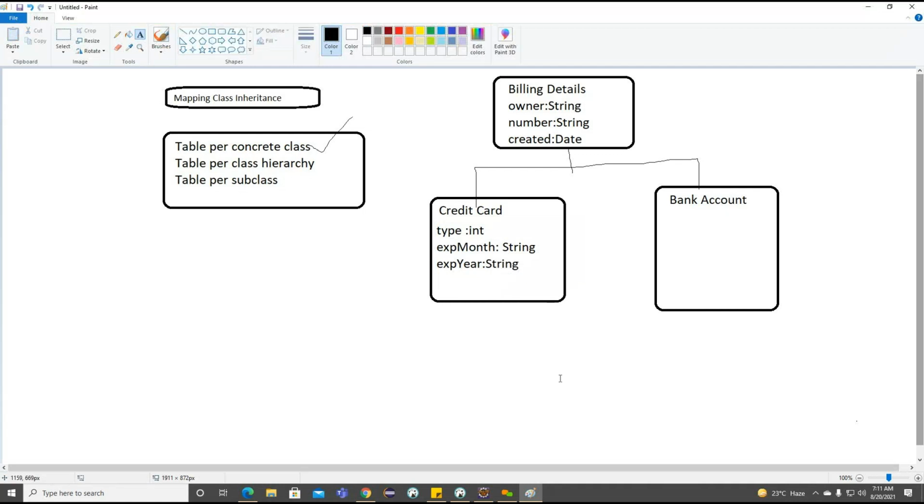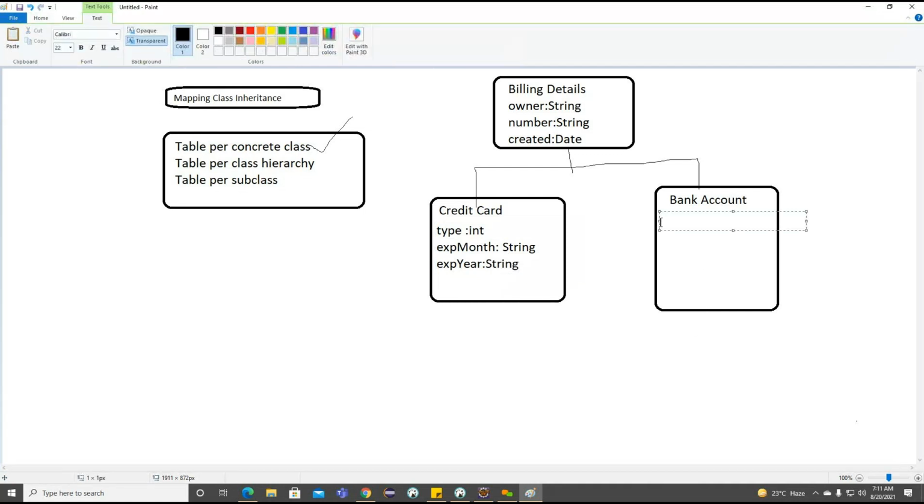These are also strings. Right. So this is all about the credit card section. In the same way, inside this bank account, we have the bank name, which we can make a string, and the bank account number.